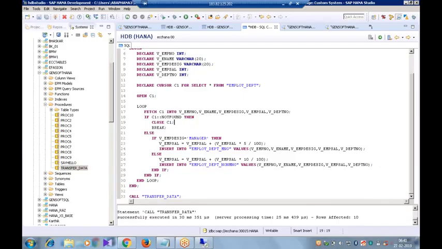Now related to cursors only, we have a special type of cursor called a cursor for loop. Let us understand the advantage of the cursor for loop. Okay, so my requirement now is,